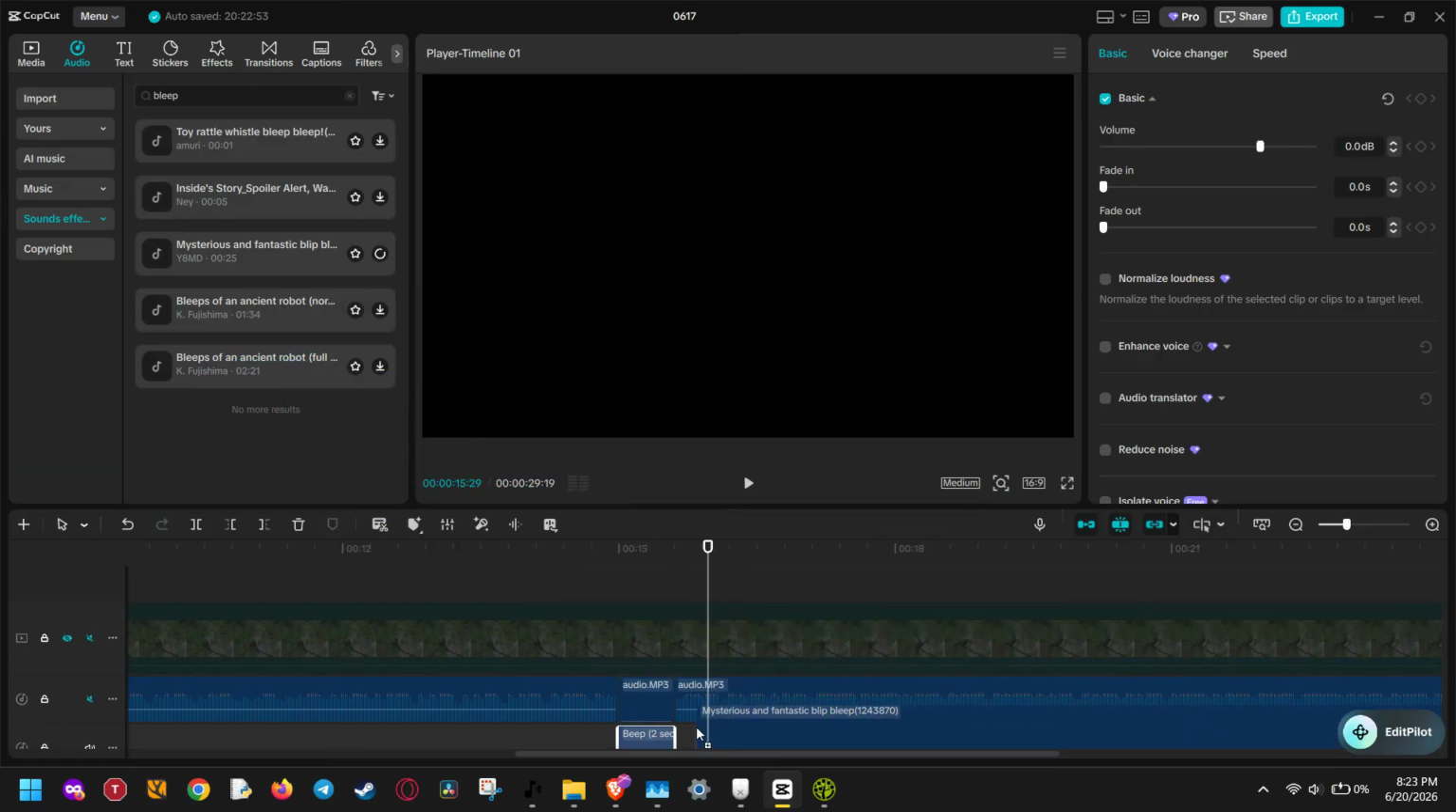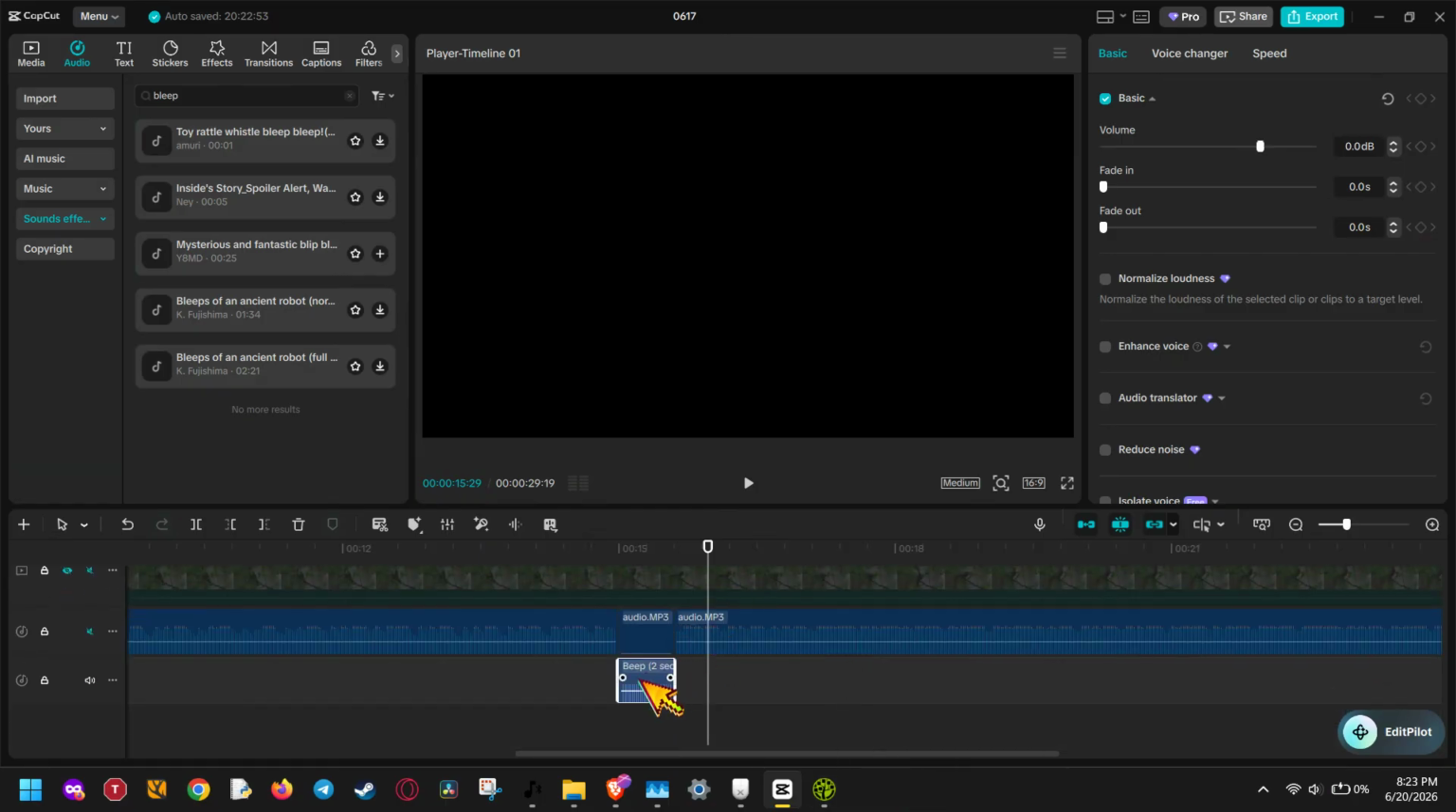If the swear word lasts longer than the sound effect, or if the sound effect is too long, you'll need to trim it so it matches perfectly. You can use Ctrl+B to split the audio, or simply drag the sides of the beep sound effect inward until it fits the duration of the muted gap. The goal is for the beep to cover only the part you want censored, with no extra sound hanging over